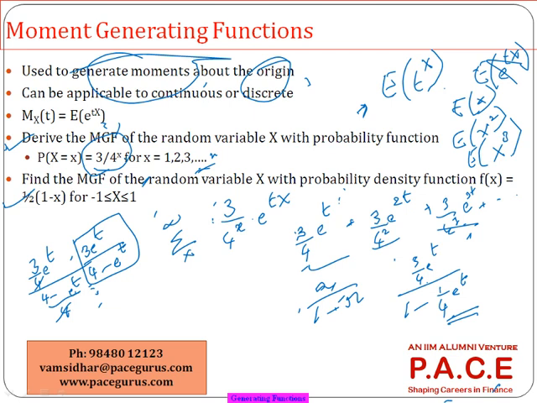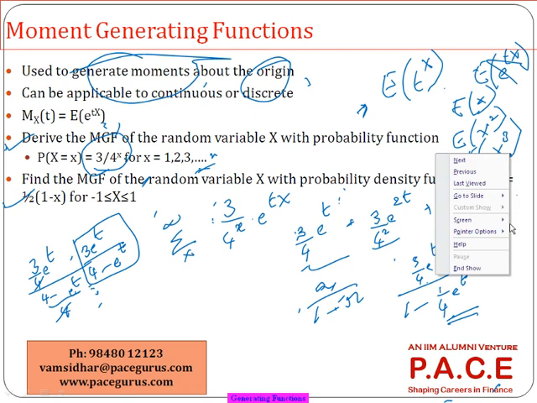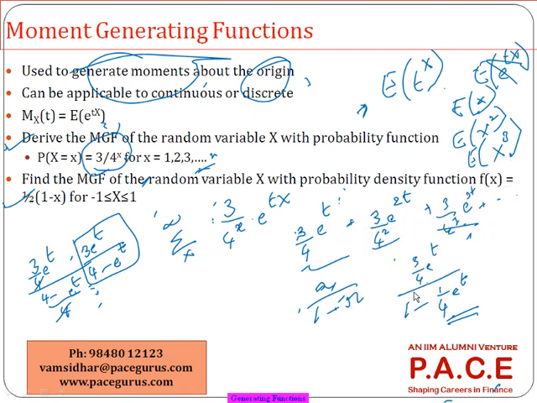So once I have a moment generating function in place, for the discrete case, if I have to find out the moment generating function, this is as simple as this. You expand that expression, substitute x equal to 1, 2, 3, whatever are the applicable values. You expand that expression, and after that use geometric series fundamentals to typically arrive at the sum of the infinite terms of that particular expression or something like that. Right? Now the same logic if I take for continuous distributions,